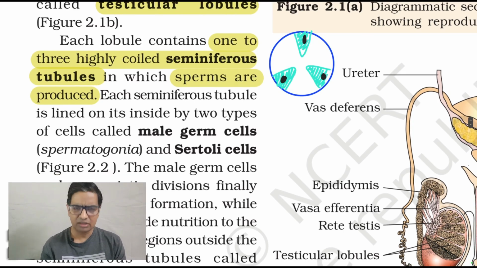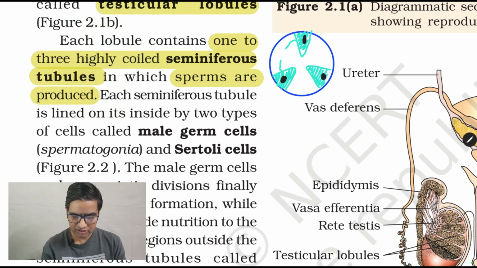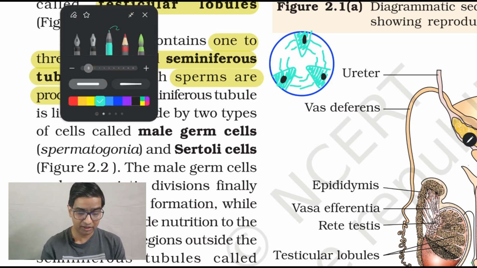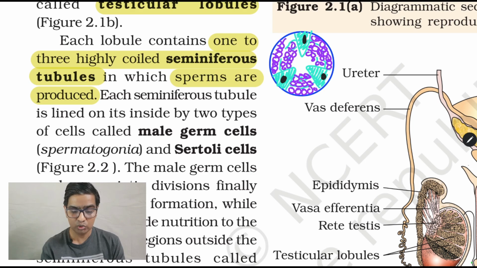Now to be more precise, these actually form these shelf-like structures. I'm going a little bit into micro, not so much detail is necessary, but you can understand what is happening here. And then there are these cells located in between these, on these shelves, which are going to form the future sperms. Getting the idea? These future sperm forming cells are called spermatogonia.